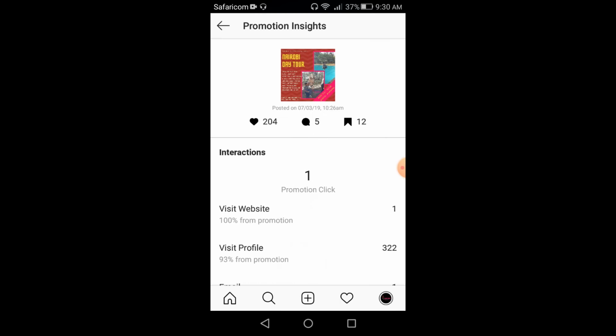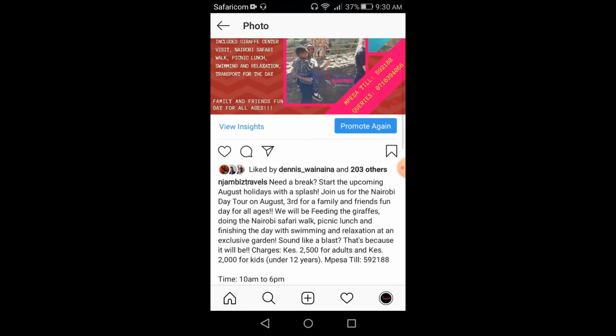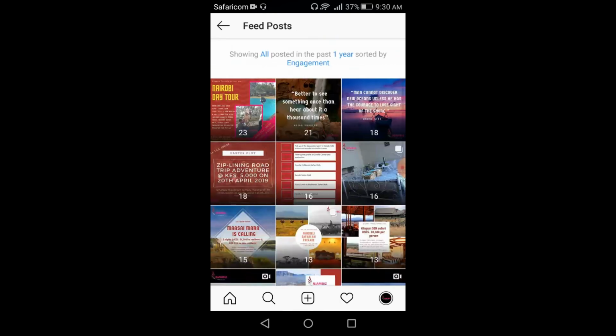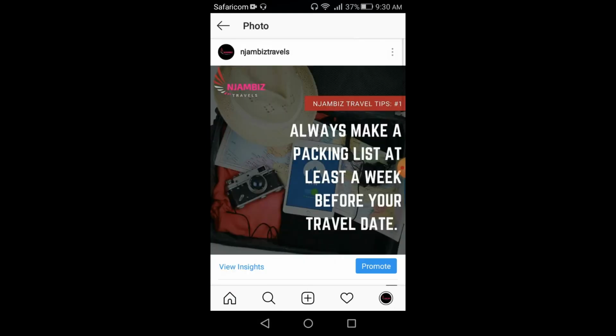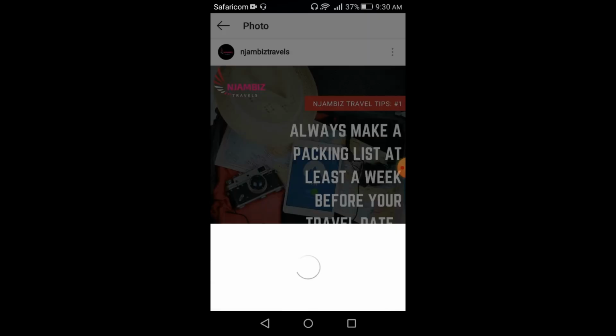Let me show you that last post, which was an organic post. So this one was not promoted. Let me show you the insights. This is what the insights look like for the organic posts, because there's no paid promotion. The analytics is a bit smaller. So it had 8 likes, 0 comments, 0 direct messages, and 0 saves to collection. But it had 1 profile visit and 90